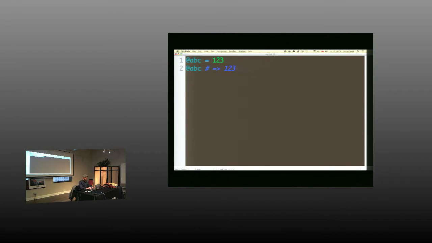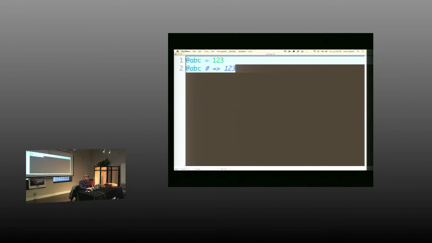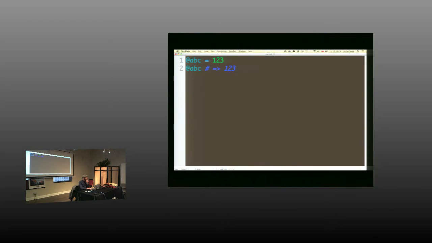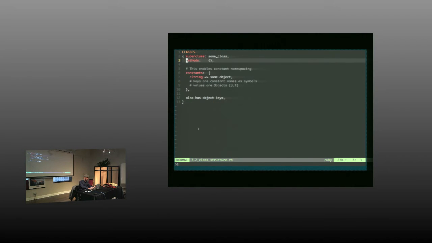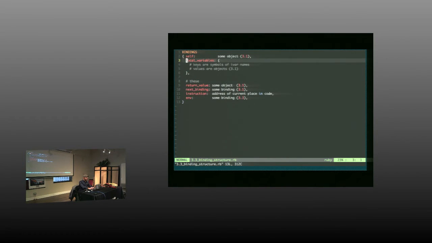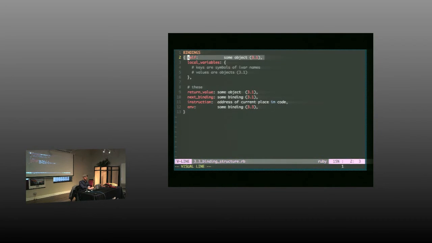So I can always set an instance variable from anywhere. The question simply becomes, what am I setting it on? And the answer to that question is they are setting them on whatever the current binding says self is.